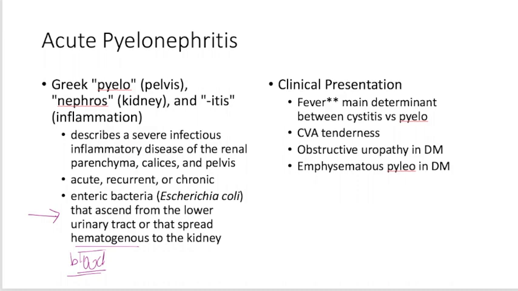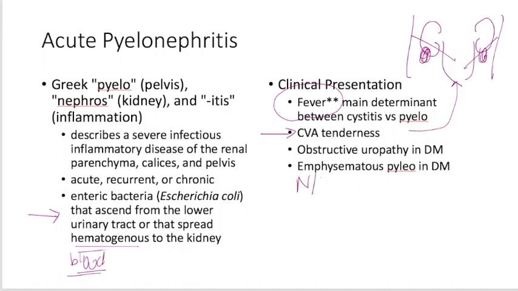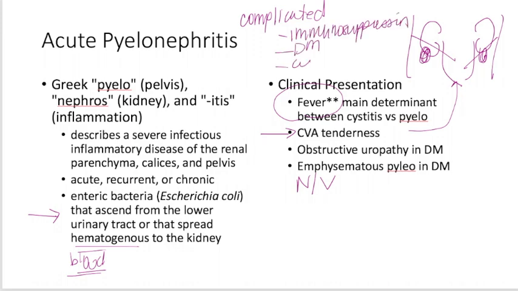It's from the blood. Fever is the main determinant between cystitis, urinary tract infections, as this is going to put you in that more severe presentation. Another high yield finding is that you're going to have that CVA tenderness. Nausea and vomiting may be present. We can have complicated and uncomplicated of this as well. When we get into the complicated status, you're looking at issues with immunosuppression, history of diabetes, instrumentation, so any cystoscopy,